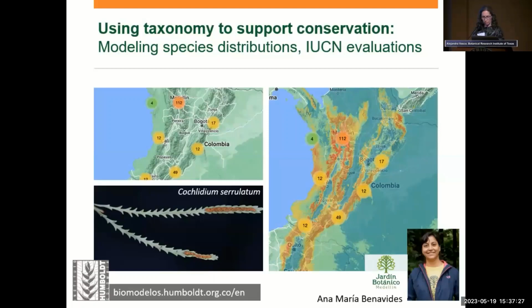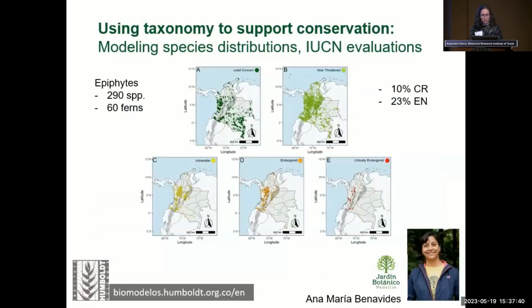They do have a lot of different species that they are working on. And if you have a preferred taxon that you like, I think they will be willing to work with you. So with Ana Maria, we have been working, they mostly are working with epiphytes. So they just finished evaluating 290 species of epiphytes, from which 60 were ferns. So we picked those 60 ferns together, and they were basically the groups that the Ferns of Colombia team are specialists on, so that we could start with something that we knew how to describe or we knew